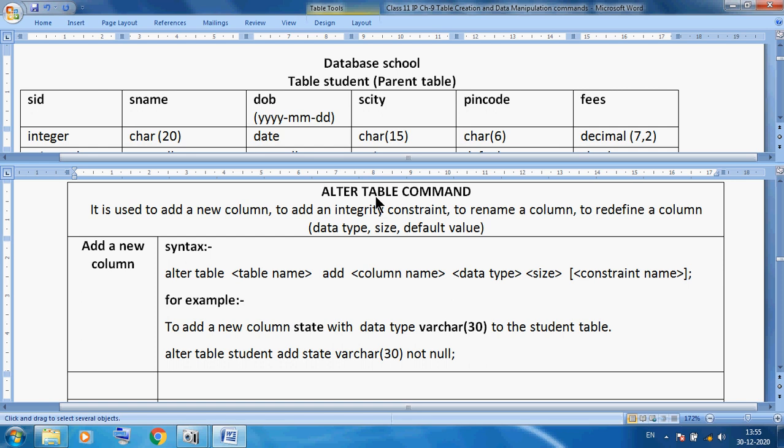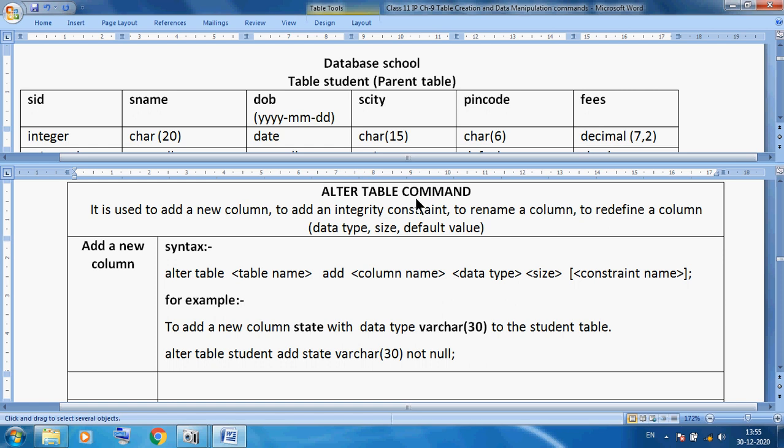Create, alter, drop: we can insert a new column, delete an existing column, rename a column, and change the data type of a column. There are so many things we can change. The structure of a table we can change, so we use the alter table command.